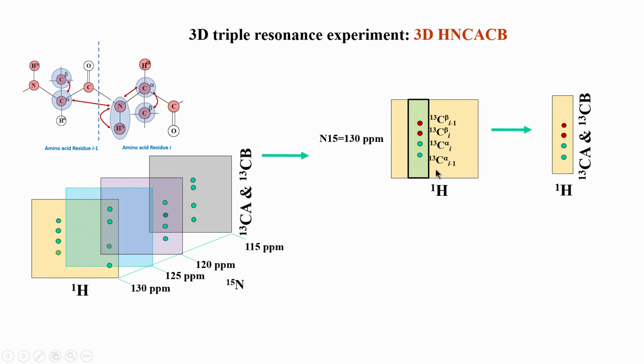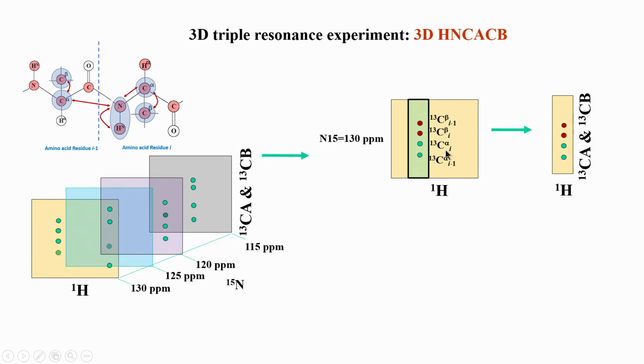Okay. So, 4 together. Now, one good thing in HNCACB is the peak pattern, the phase of the peak, the color in the real spectrum. The C beta will have an opposite phase, meaning if I make this positive, they will appear as negative in intensity. Or I can say if this is a red color, if I display the other in blue, it will display in a different color. So, this is just a display thing, but the point is that the peaks corresponding to C alpha of both I and I minus 1 have one particular phase, but this will be opposite, negative. If you call this positive, this will be negative. If you make this negative, this will become positive.